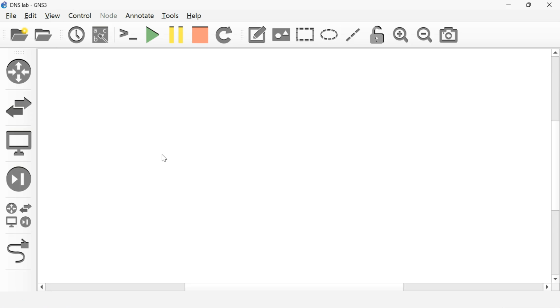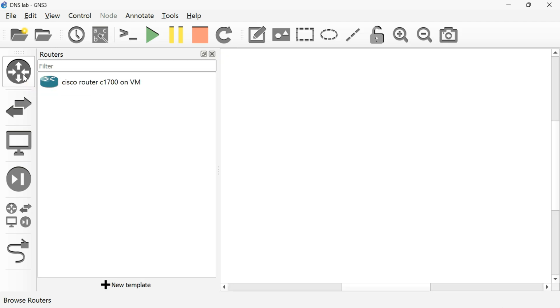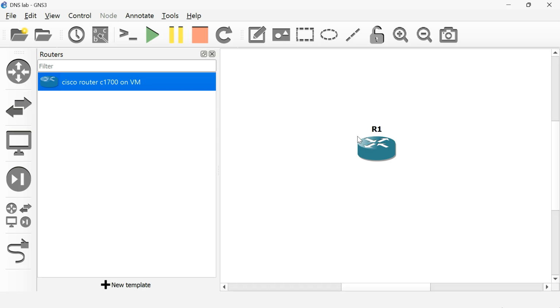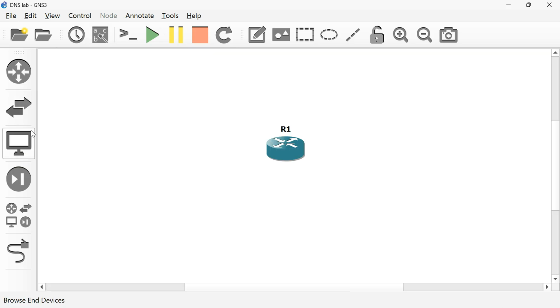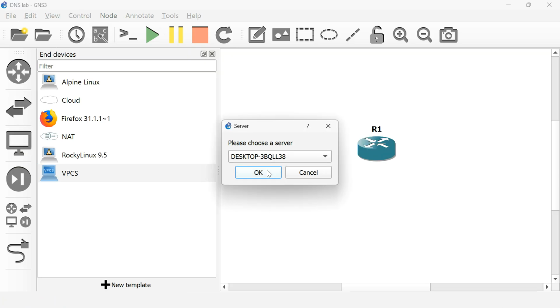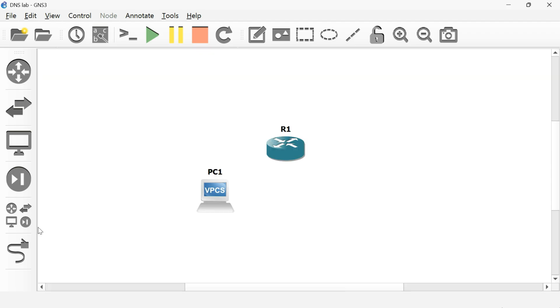I'm going to make it very simple, a very simple topology. So what I'm going to do is to just create one network that is a PC to router network. Alright, so I have selected a router, so I'm going to select the PC now. But before we go into the configuration, I suppose I have to give you a brief explanation of what